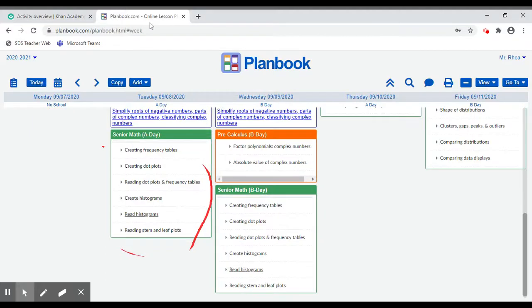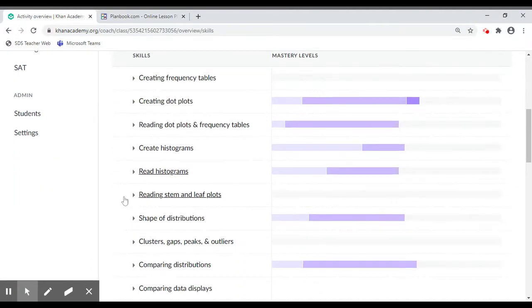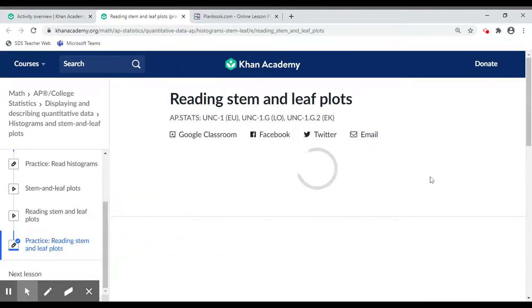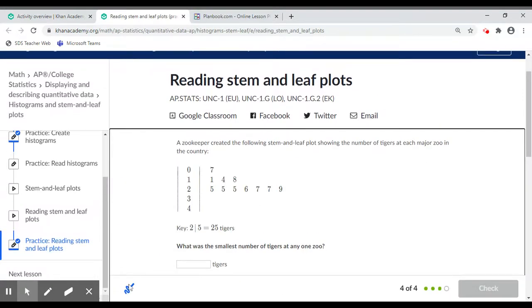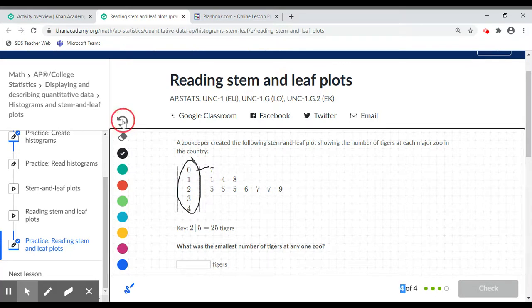All right, almost done. Last one, reading stem and leaf plots. This gets to be probably the trickiest one because it's not something you see a lot. A stem and leaf plot, the name of it, stem and leaf, comes from the fact that this is like a stem or the trunk of a tree, so the stem of a stick, and these are different leaves that come off of it. The way to read this is to say